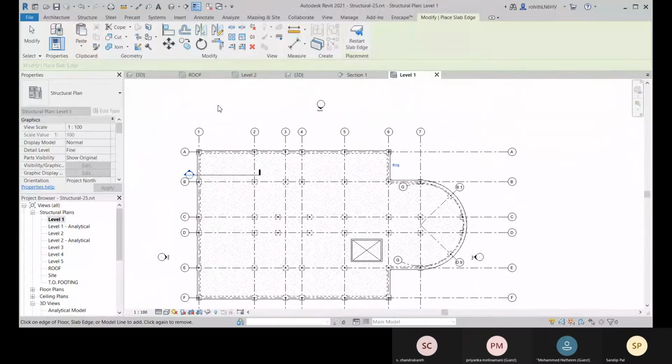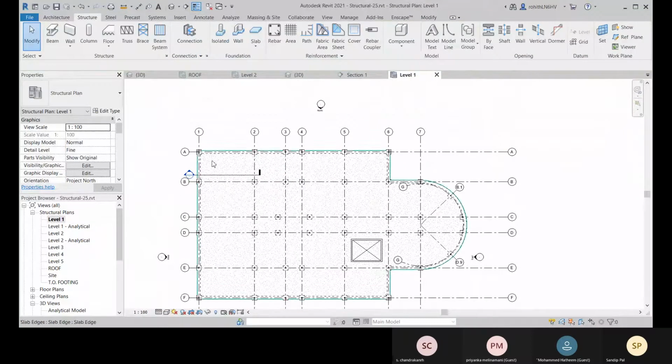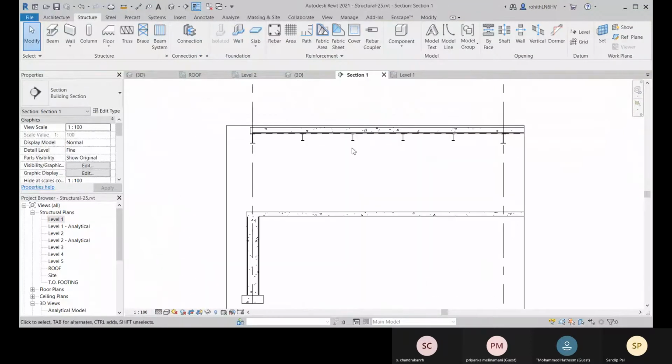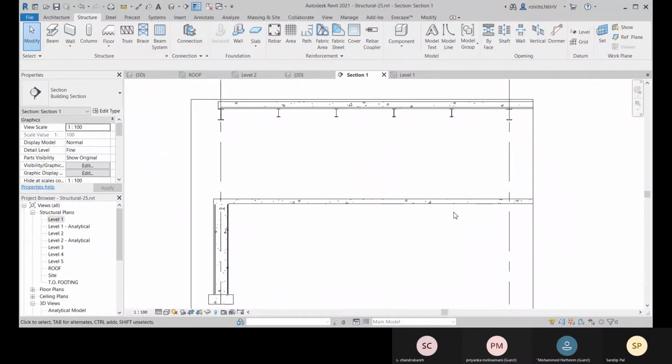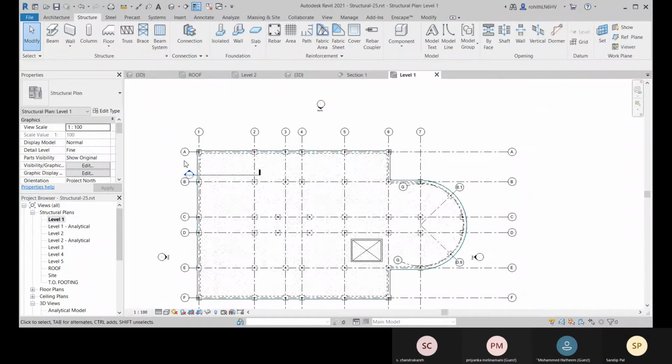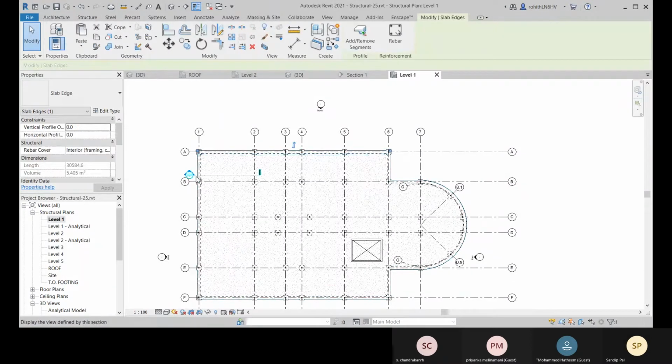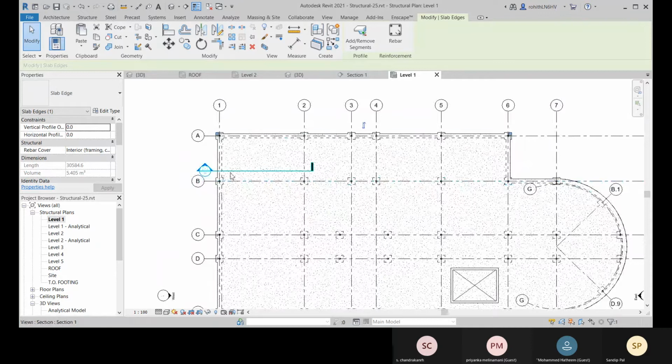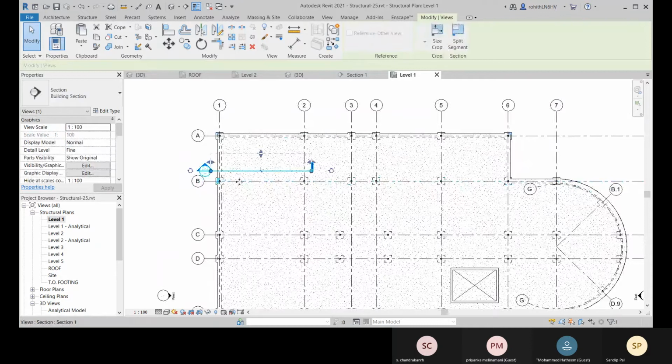Okay. So now we can go for escape, and if you come to your section, and where is it? The slab edge is there. This is your slab edge. So let me come to this here.